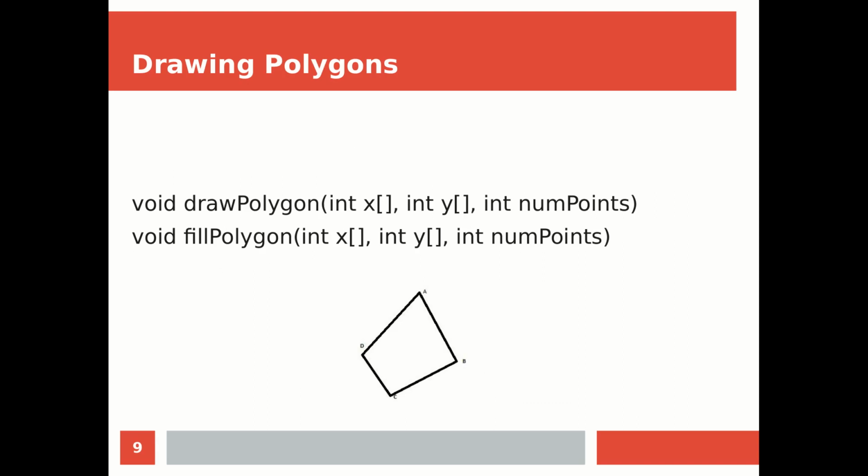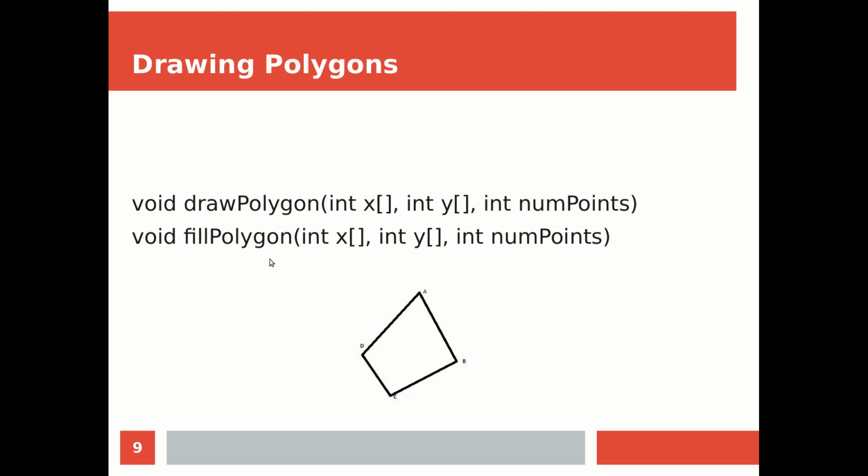Finally, we have methods to draw polygons also, and we know that a polygon has got a number of vertices, and each of these vertices can be identified using an xy coordinate. As a result, we maintain 2 different arrays. The first is x and second is y. The x will hold the x coordinates of the different vertices, and y will hold the y coordinates of the corresponding vertices. And finally, we specify the number of points that are needed to complete this polygon.